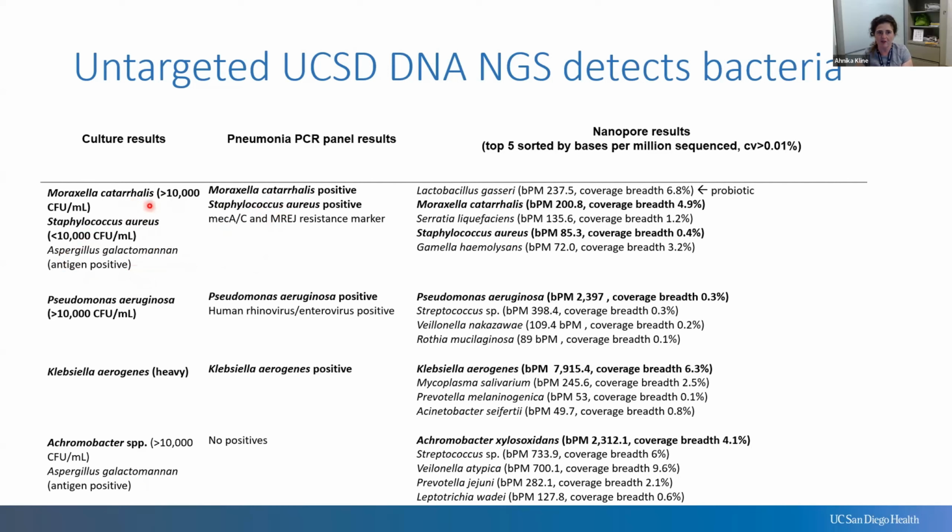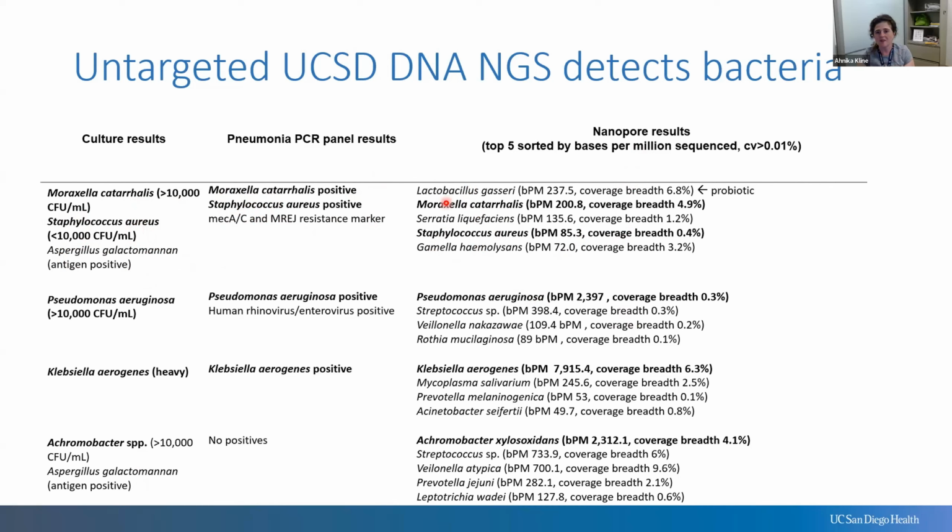And then their PCR panels also detected those same pathogens that grew in culture. So yay, the PCR, I suppose it's a good diagnostic test, as well as some resistant markers. And then in nanopore sequencing, a number of organisms were described that weren't identified in the culture or the PCR, either because they're not on the panel or because they wouldn't have been selected by that technologist, even if they